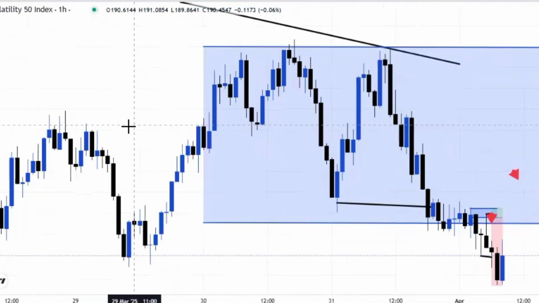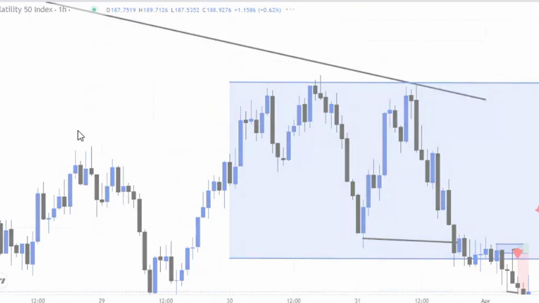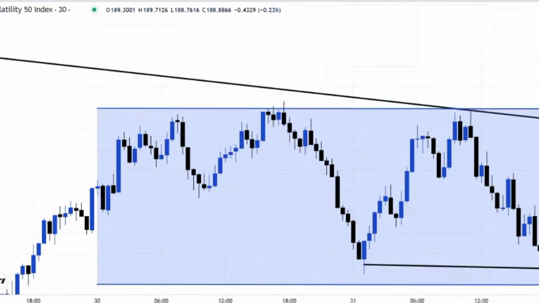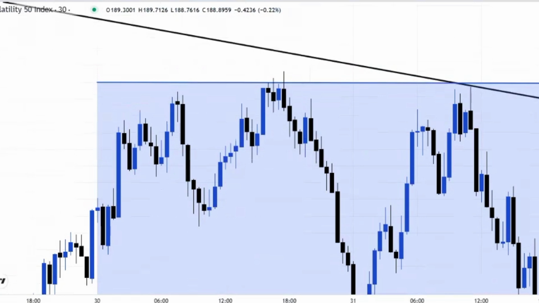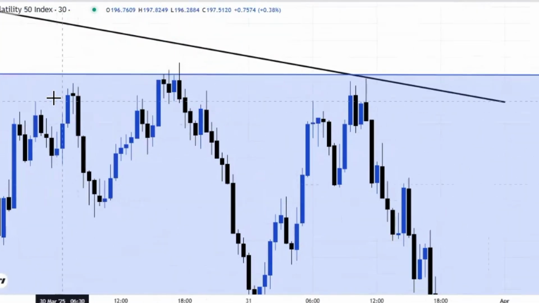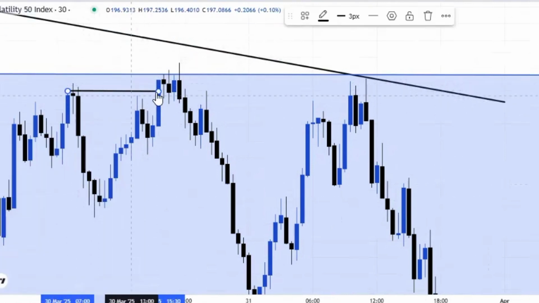Now let's go to the 15 minutes or 30 minutes time frame. So let's move to the 30 minutes time frame. Now this is very easy and very, very clear. On the 30 minutes time frame, we can notice that at this place on my left hand, there was liquidity created. If you notice here, the liquidity was taken out, we saw buy side liquidity taken out, and the market dropped down.